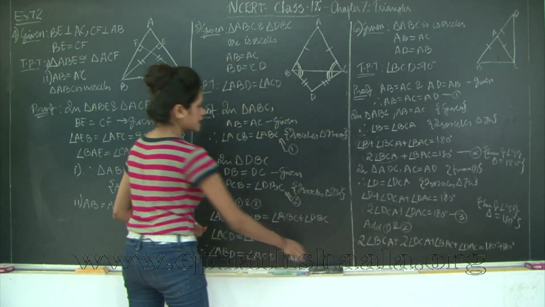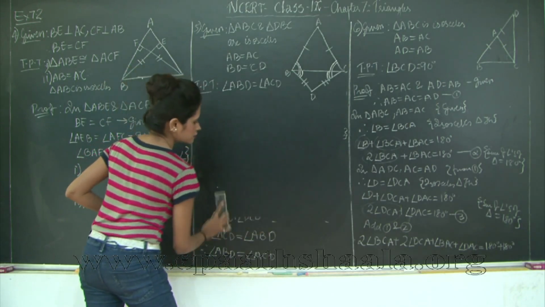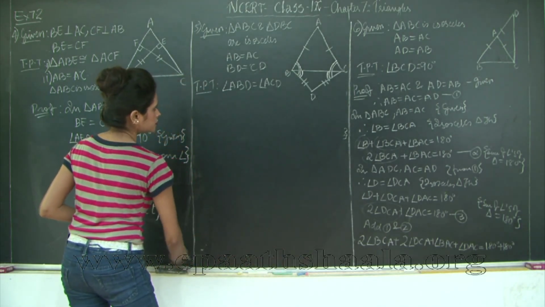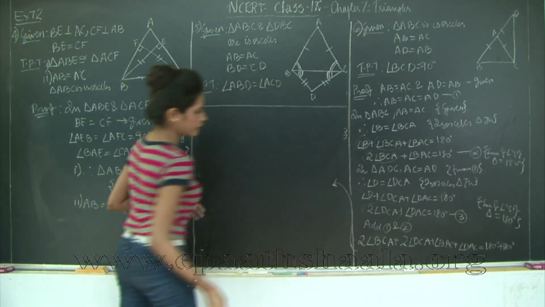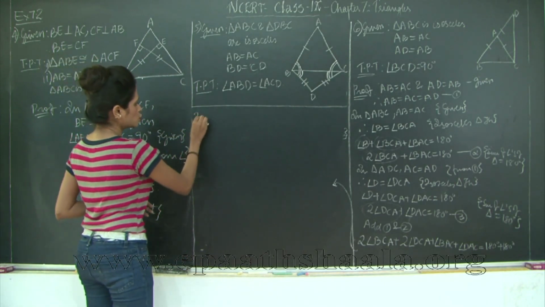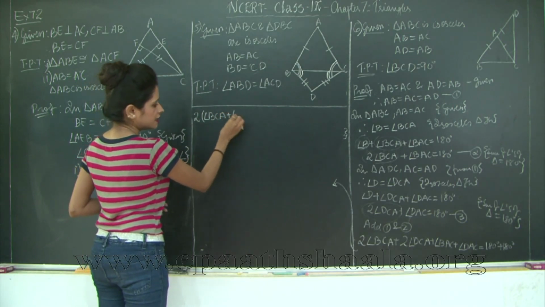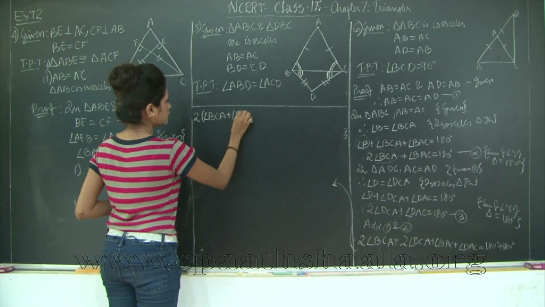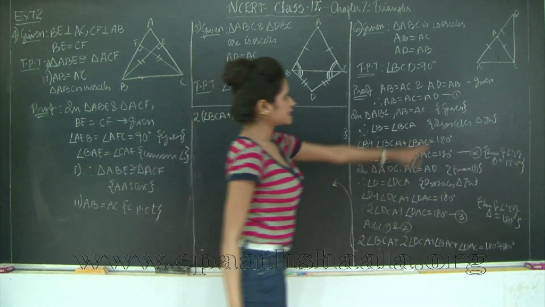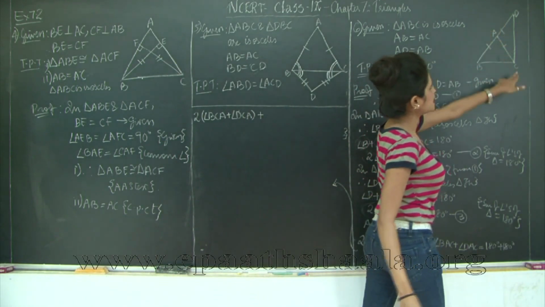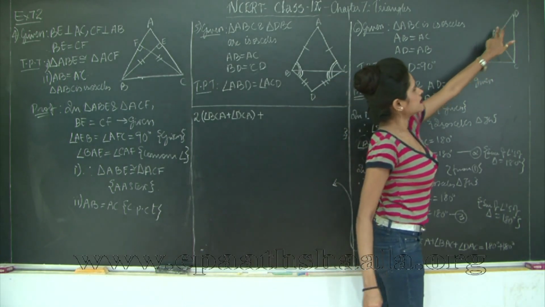So we will solve this on this side of the board. I'll erase this section. So what do I get? I'll remove 2 common, angle BCA plus angle DCA plus BAC plus DAC. So BAC plus DAC is how much? It is 180 degrees. Why? Because this is a straight line.